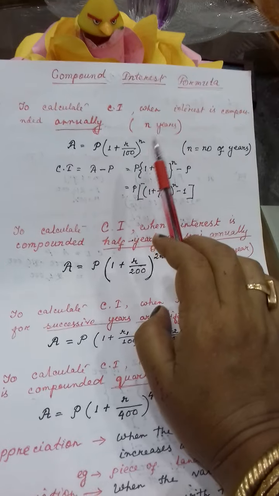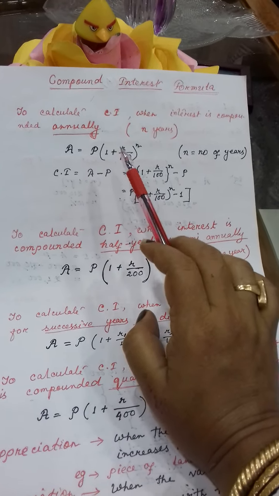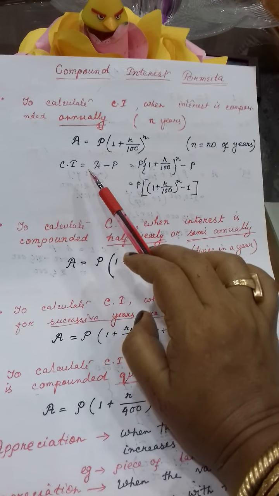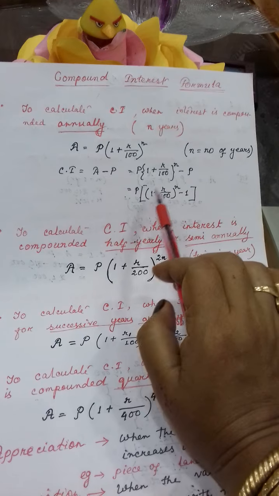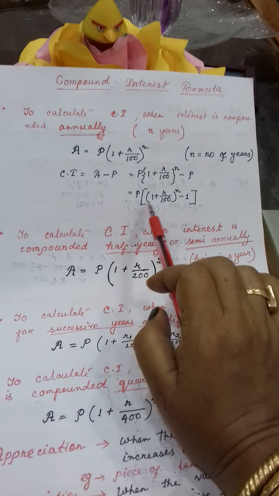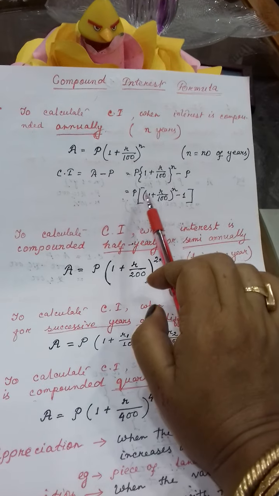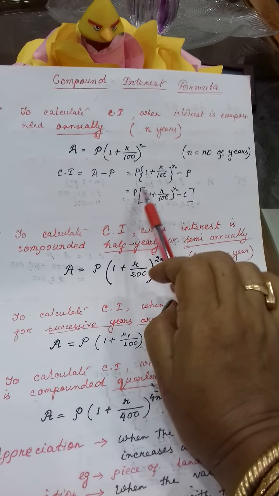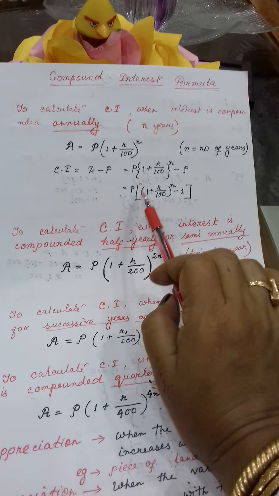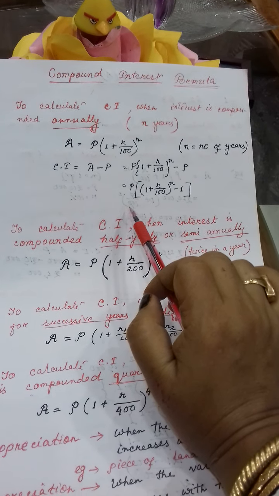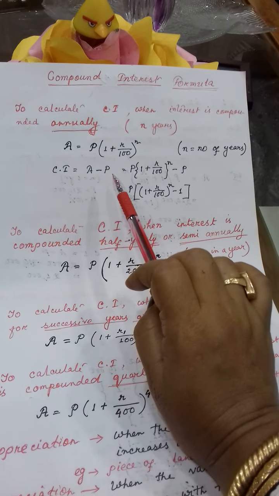Now suppose in a question you have to calculate compound interest. So directly you can find it from this formula. Means directly you can write this formula, then this is the amount formula and this is again P. So if you consider this formula directly, here only you can place the values and find out the compound interest directly without finding the amount separately.